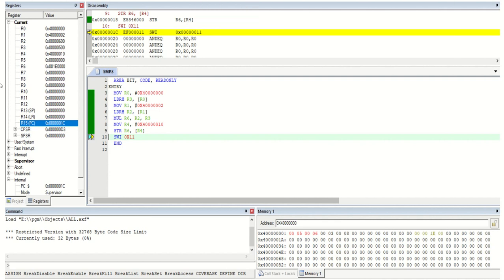Here this is the first experiment, multiplying 2 numbers. The given condition is multiplying 16-bit numbers. That number you can either consider directly in the register or take in the memory.